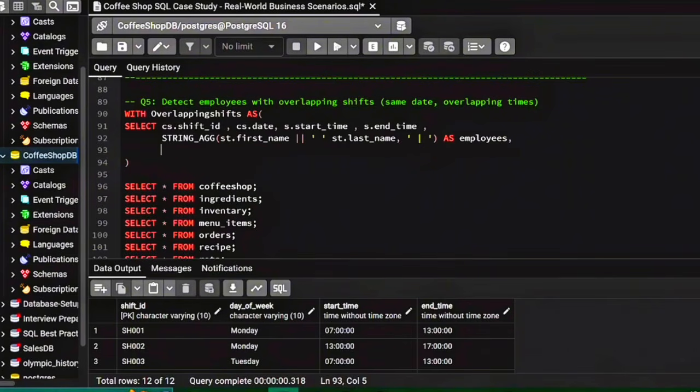Lastly, we will count how many employees are working in the same shift using the count function. We are using count star because it counts all the rows in the result set regardless of null values, making it safe and reliable for counting total records like employees on a shift. Let's name it employee count from coffee shop table, and we'll use alias